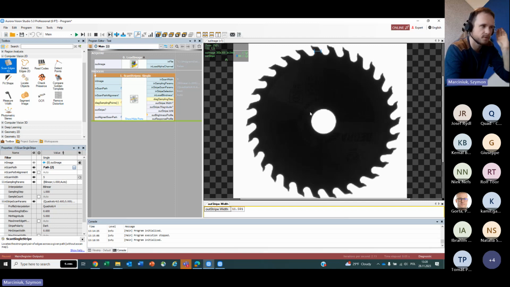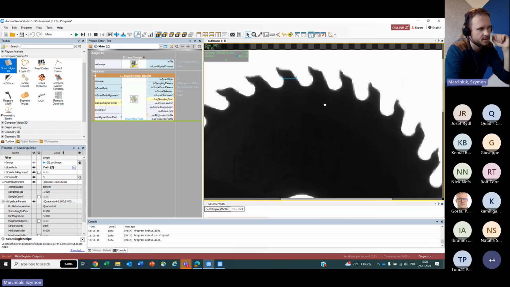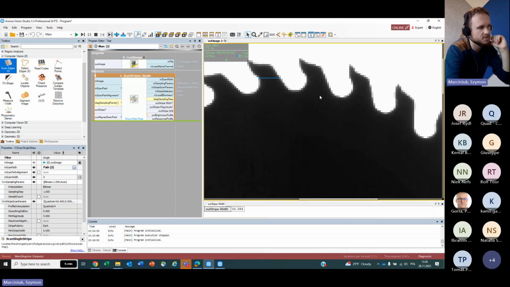And if we also want to measure the width of the stripe of these teeth, it is very important to measure this width at the same height of the teeth, because as you can see, they are of quite complex shape, and if we want to compare one to the other to check which one is too narrow or too thick, we have to measure at the same height. So